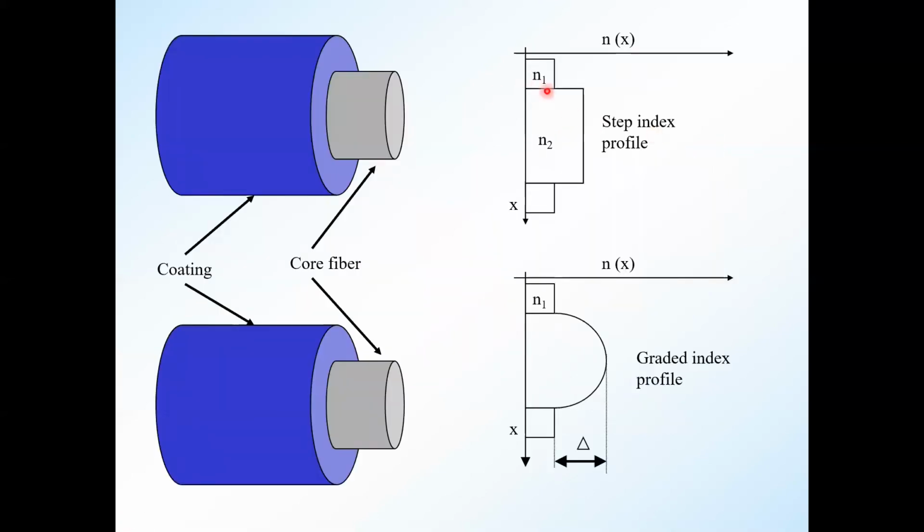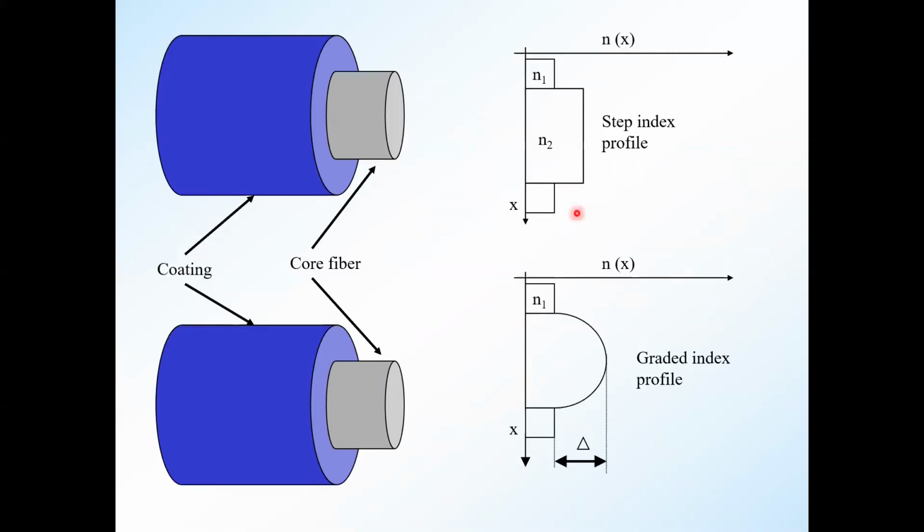तो स्टेप इंडेक्स जैसा मैंने बनाया था, ये रिफ्रैक्टिव इंडेक्स है, ये डिस्टेंस है, और ये सेंटर है, इसके करस्पॉन्डिंग बनाया, ये आपका कोर एक्सिस है। ओके, तो कोर पे आपका N2 है, ये यूनिफॉर्मली N2 है पूरा कोर पे। उसके बाद आपका क्लैडिंग रिफ्रैक्टिव इंडेक्स, ये जो मैंने वहां पे ड्रॉ किया था, और ये वही है ग्रेडेड इंडेक्स।